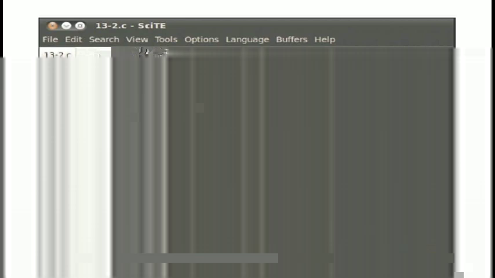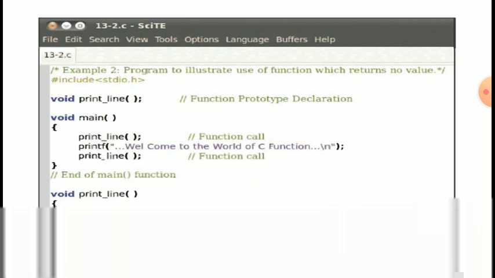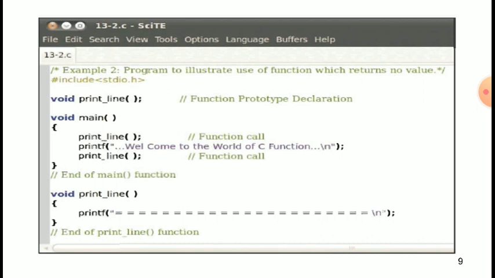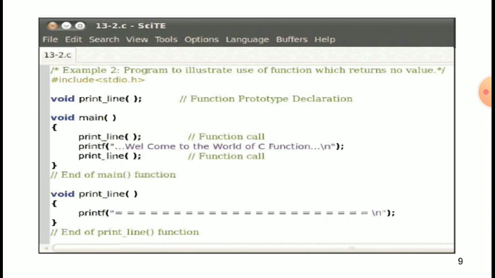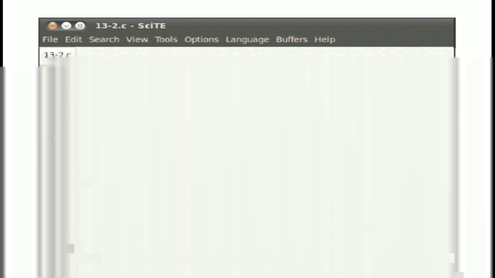So that is an example program to illustrate the use of a function which returns no value. Here we include stdio.h, the function prototype declaration void printline, void main, starting curly brackets, printline function call, printf "welcome to the world of C function\n" and semicolon, printline function call, end of the curly brackets, end of main function.